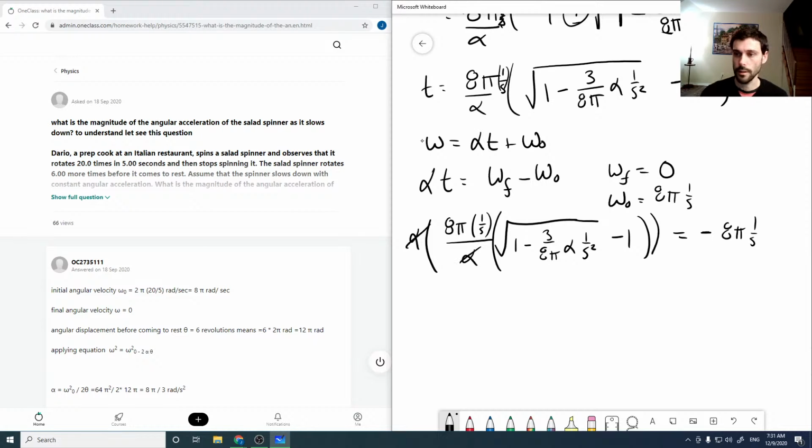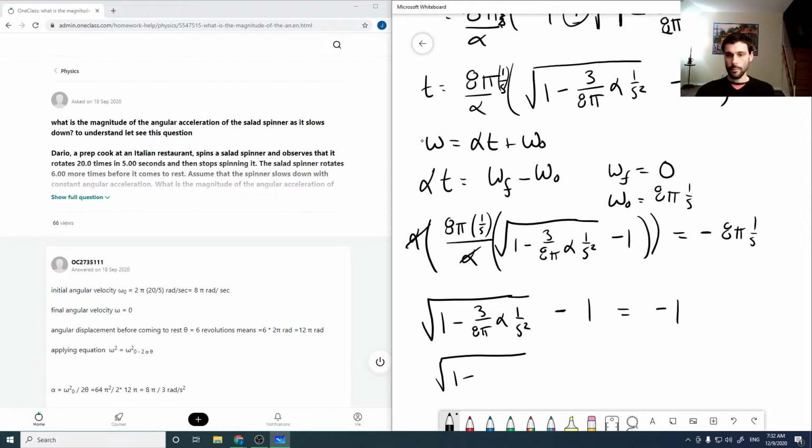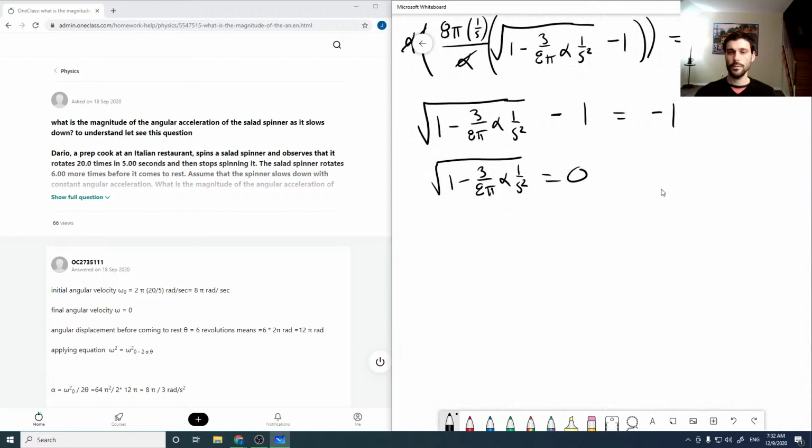So our alpha actually cancels here, and then we can divide by our 8 pi. So we get root 1 minus 3 over 8 pi alpha per second squared minus 1 is equal to minus 1 over seconds. So dividing by this 8 pi, we can now add 1, and that will actually cancel the per seconds on this side as well. So now we can add 1, giving us the square root of 1 minus 3 over 8 pi alpha equals 0. Square both sides, so then we get 1 minus 3 over 8 pi. Oh,